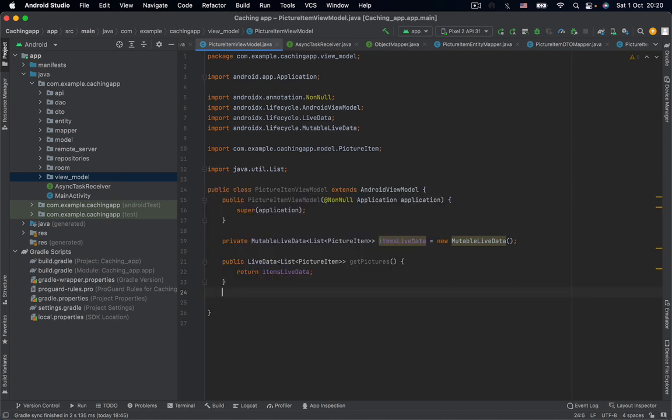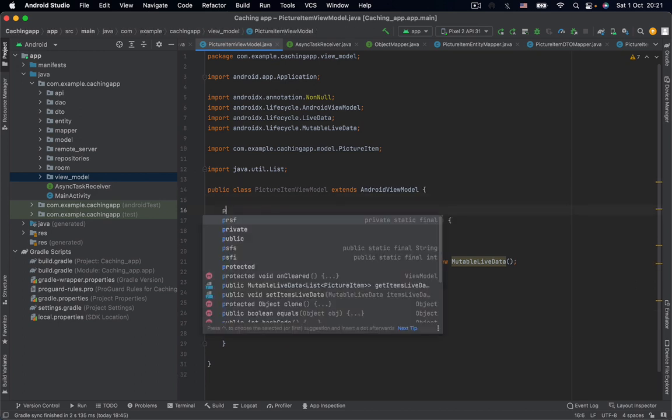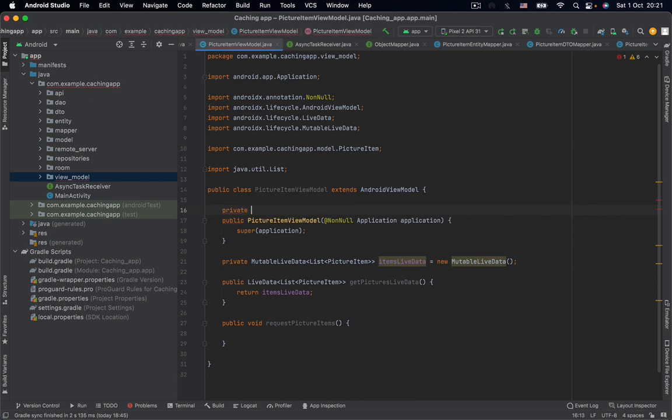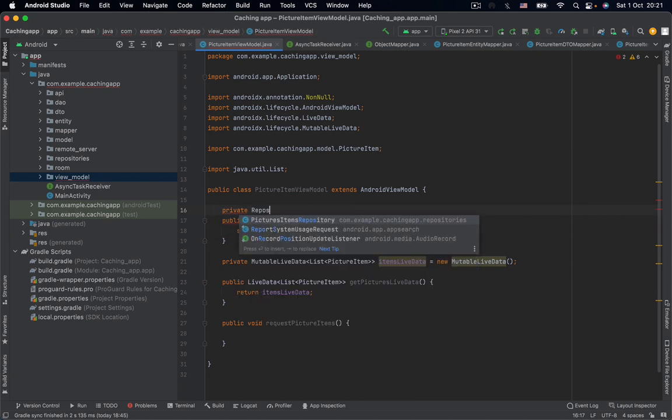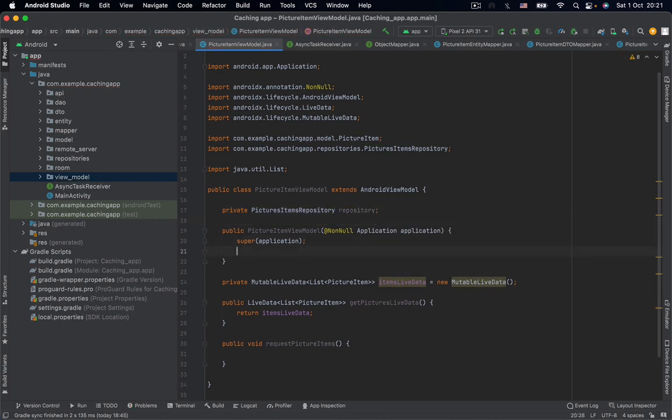And now, okay, so we need to call it like this, but to request actually data, we'll say request picture items. And from here we need to refer to our repository. So I will here declare our repository. Actually,